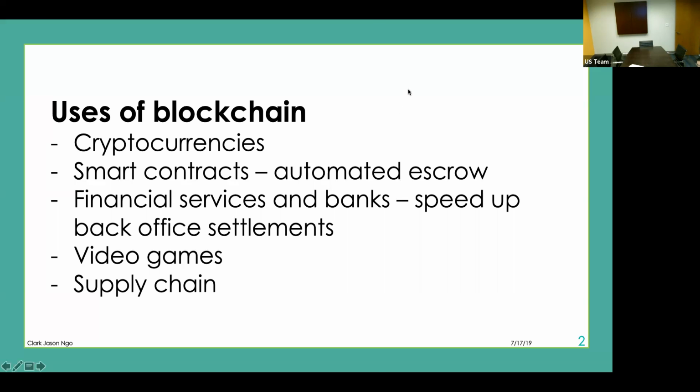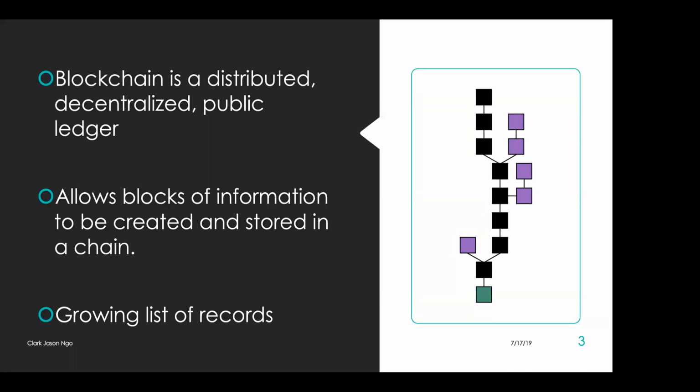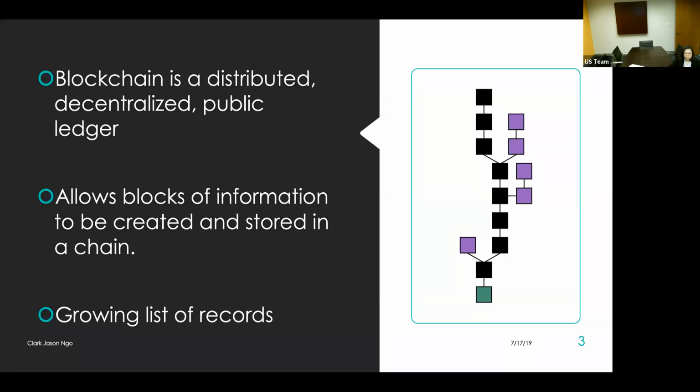Next. So we'll now try to deep dive into dissecting what blockchain really is, right? First things first, you have to remember that it is distributed, decentralized, and uses public keys. It also allows a block of information to be created and stored in a chain. It's basically a growing list of records. So let's try dissecting the